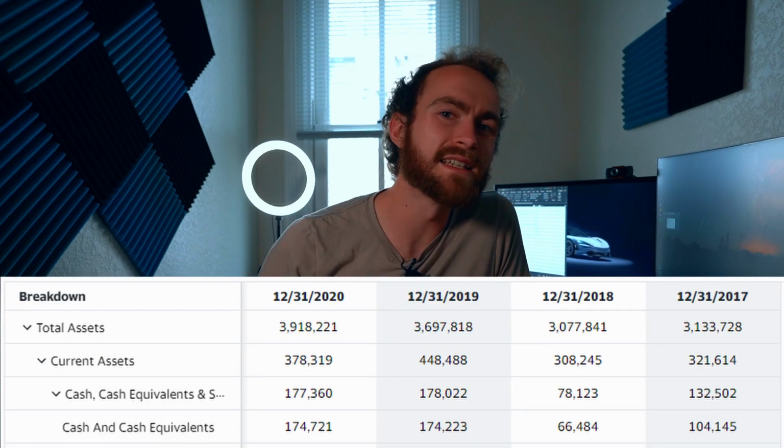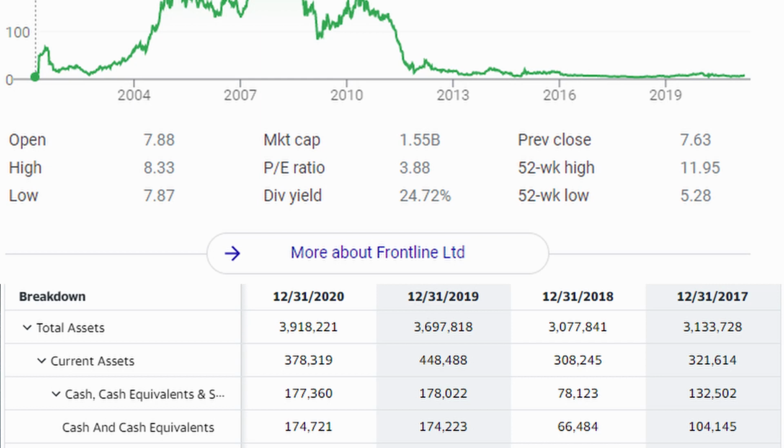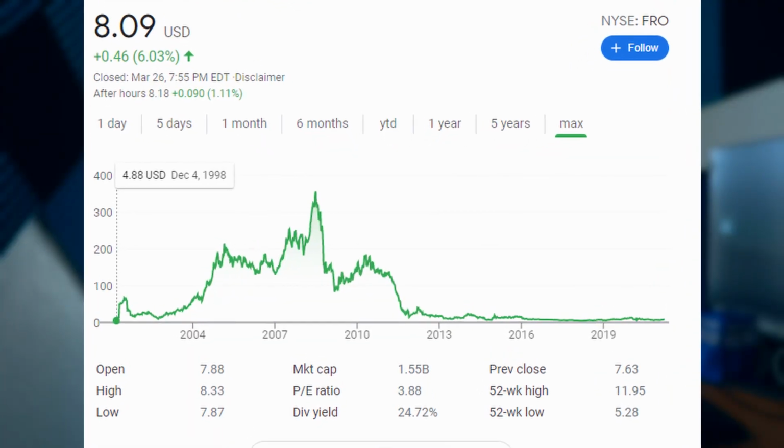But if we're going to look at FRO with an insane dividend yield of 24%, they don't have nearly as much cash in the bank as other companies, which is unfortunate for them, despite the 24% yield sounding incredible to an investor. This company, FRO, essentially just transports crude oil because it's a shipping company. They actually have a decent $1.4 billion in market cap, but